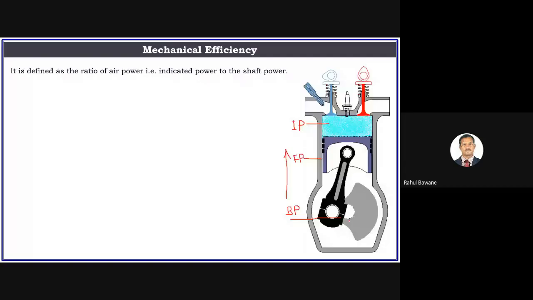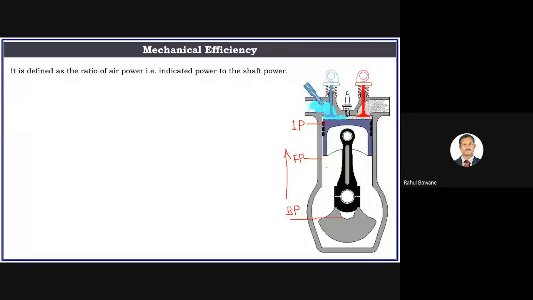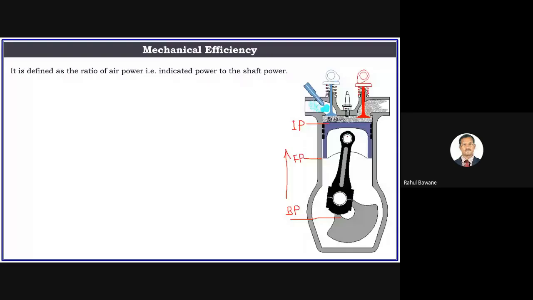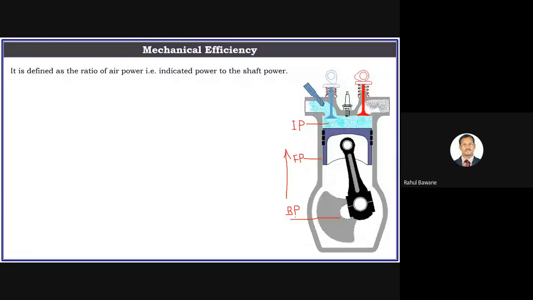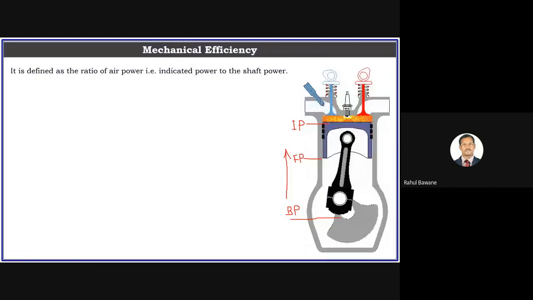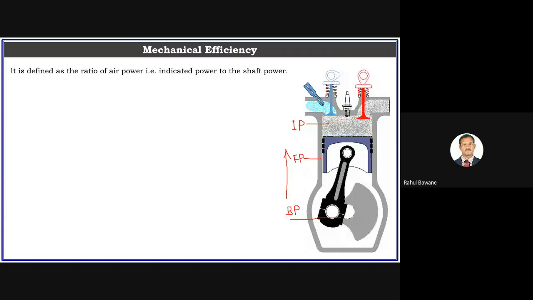That means brake power, the power supplied at the shaft with the help of an electric motor or prime mover, is the highest. When we supply this brake power, some power is lost to overcome friction. Then whatever power remains, that indicated power, is actually available to compress the air. So in case of a compressor, brake power is highest and indicated power is lesser than brake power. So this is the basic difference between a compressor and an IC engine.